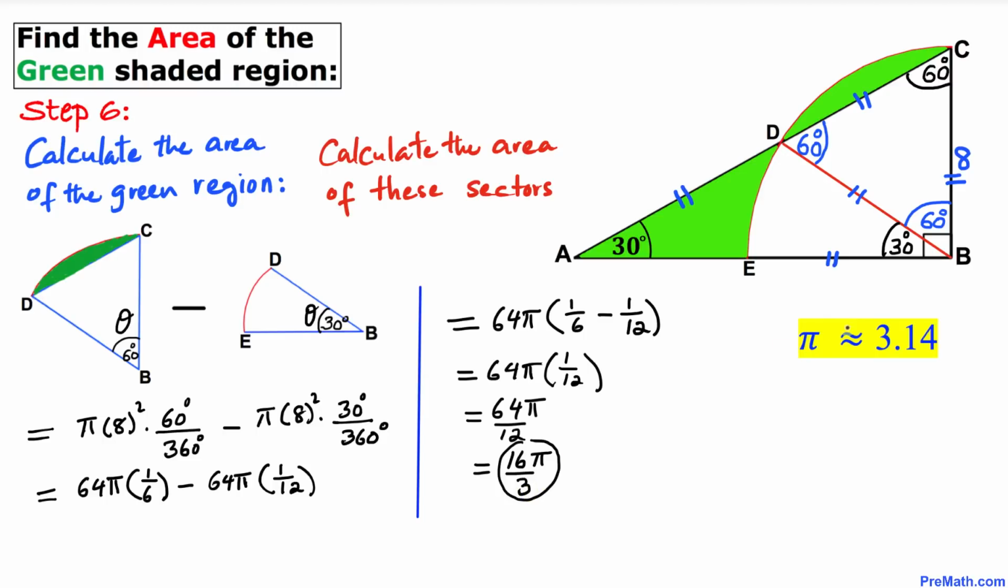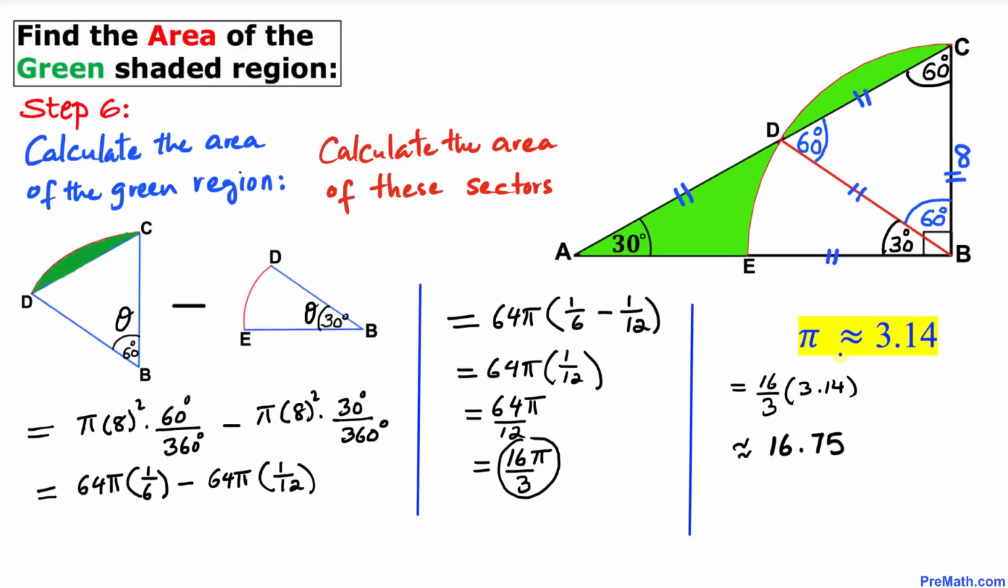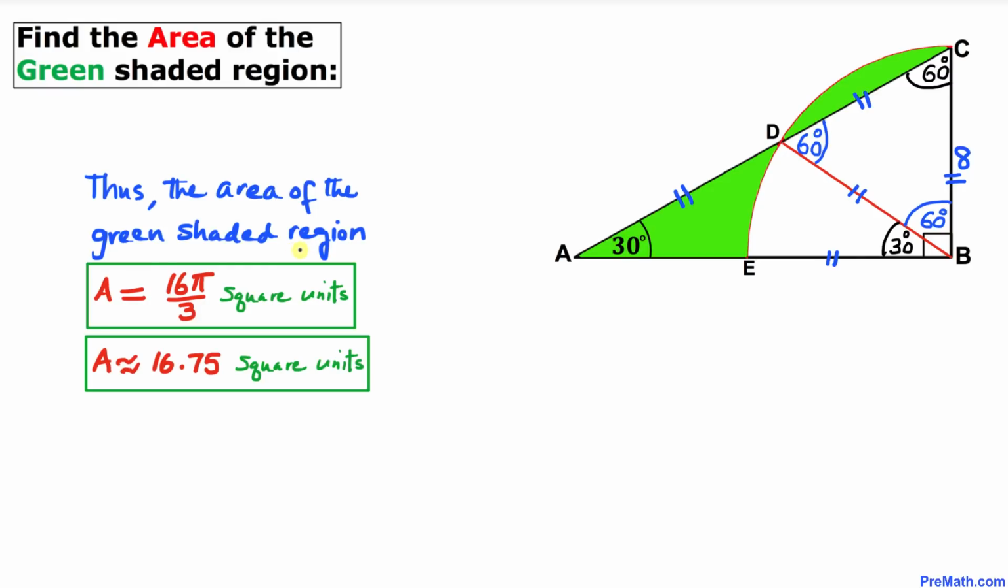And we know our pi value is 3.14. If we replace pi by 3.14, our answer is going to be approximately equal to 16.75. So the area of the green shaded region turns out to be 16 pi over 3 square units, or in terms of decimals,